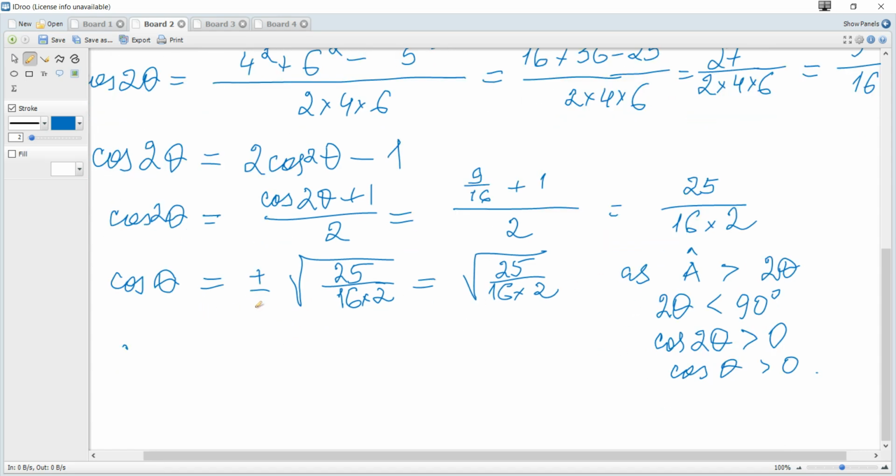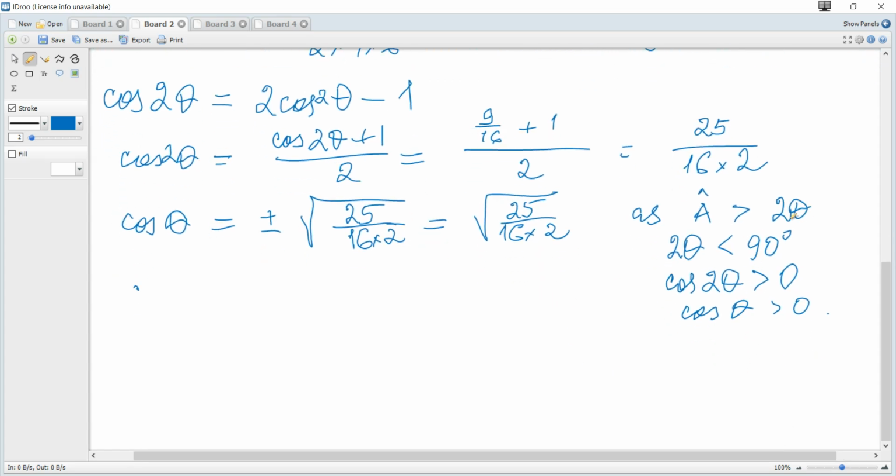It may be acceptable to write directly that cosine is positive, but in general we can say it like this. And then cosine of theta is just root of 25, which is 5,